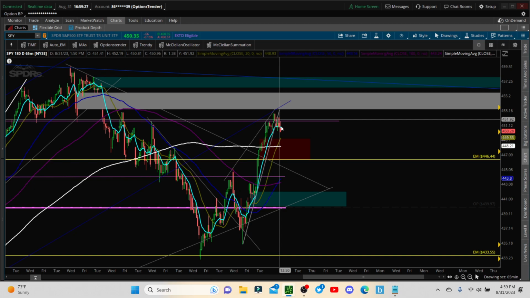We have a divergence. We have negative divergence on the 65-minute as we're getting this wedge breakdown. So we have a sell signal there. We had our sell signal confirmed with a divergence here when it crossed over the 80 earlier today. So that's why we stayed in our shorts. We took off our hedges and we stayed in our shorts. And also that confirmation on the slow stochastic as well. We have our sell signal, and we look for lower prices to come. Now we might get a little bounce. It's possible, but I don't think we're going to have